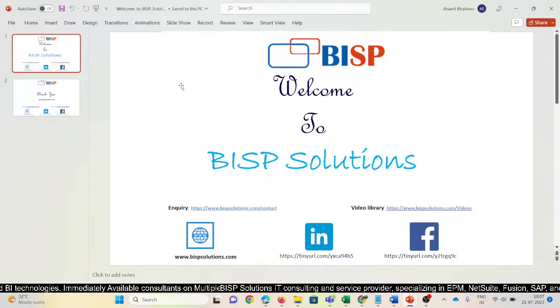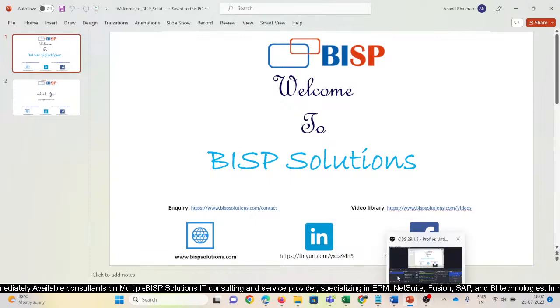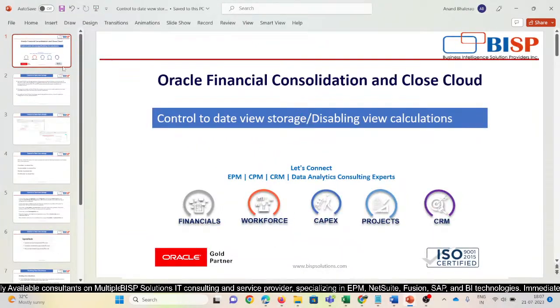For knowing and learning a new topic on the FCCS. And today we are going to learn about one of the features known as control to date view storage and disabling view calculations. So to start with,